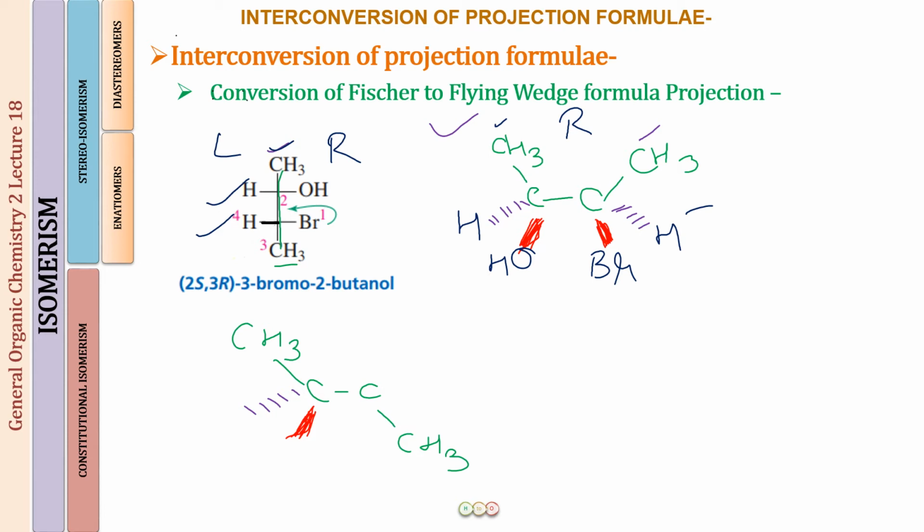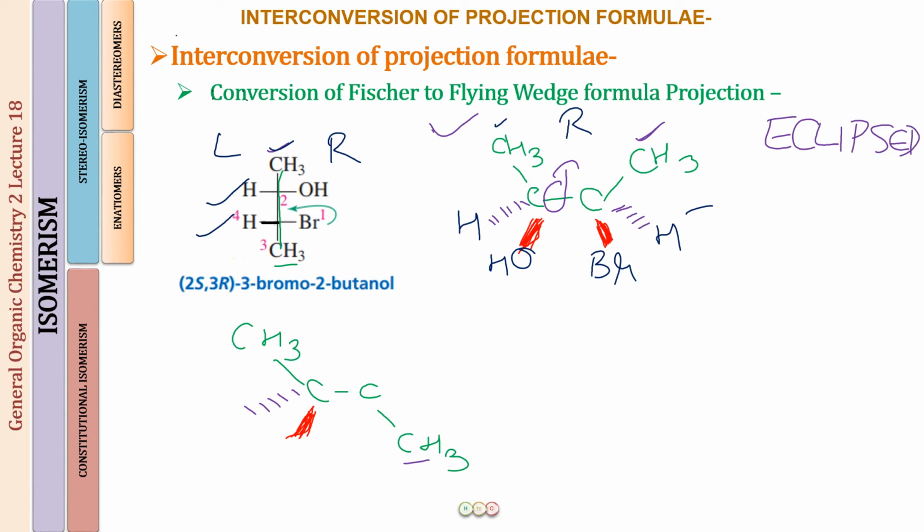So what we can do is rotate this molecule in such a way that we keep one of the carbons fixed and we rotate the other carbon along with its groups. So the CH3 which was on top has come below in the next representation. This we call the eclipsed projection conformation.